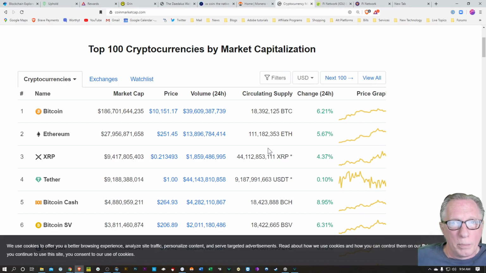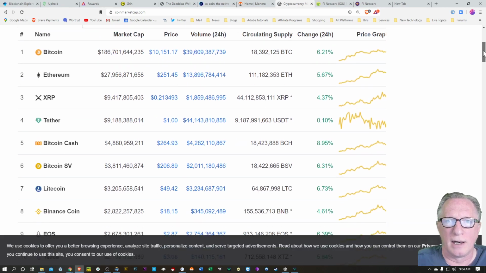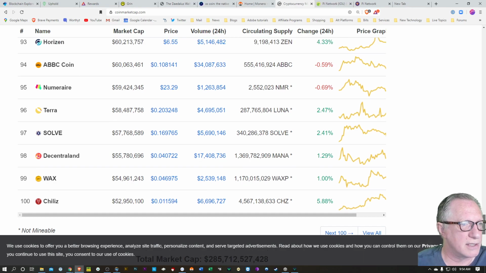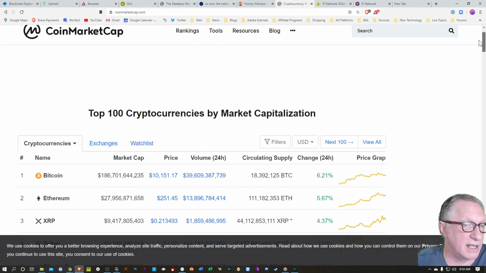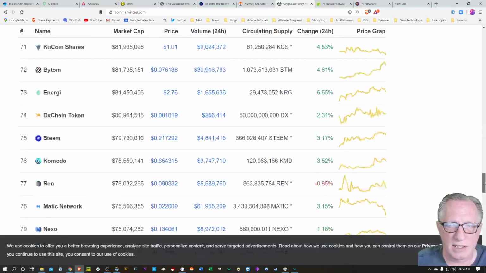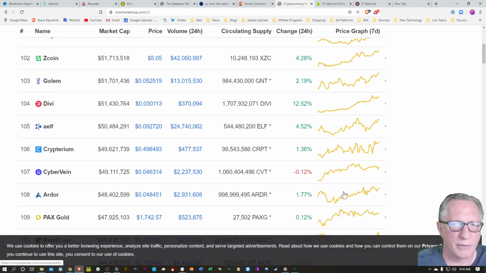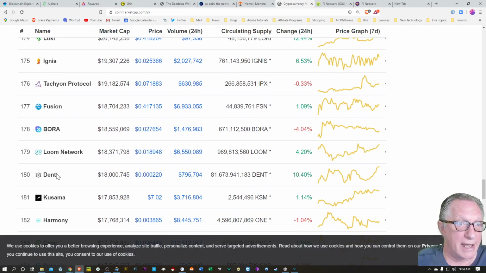Now, one would hope, and rationally, you would say that these top tier coins by market cap are more likely to still be around in 5 years than, say, coin number 300, right? Or one of these lower end coins, right? But that's not a guarantee, right? And who knows? One of these, like number 300 coin, whatever, like we could take Dent coin, which is number 180. Hey, that could be number 5 in 5 years or 2 years.